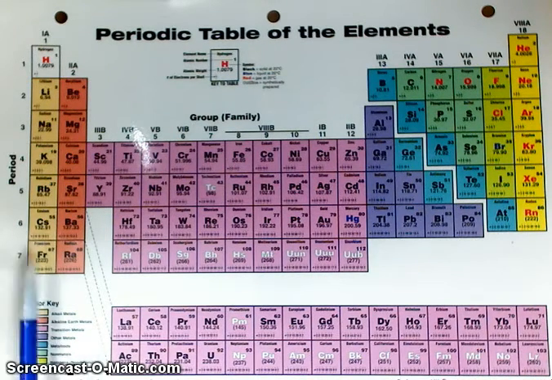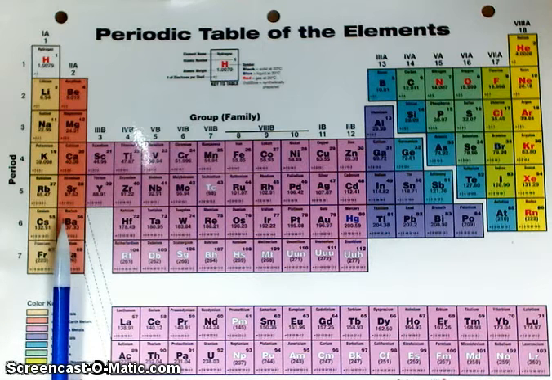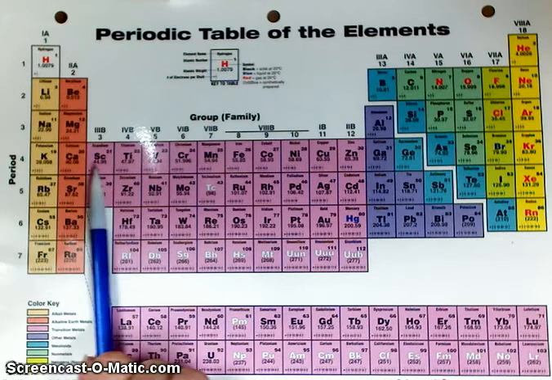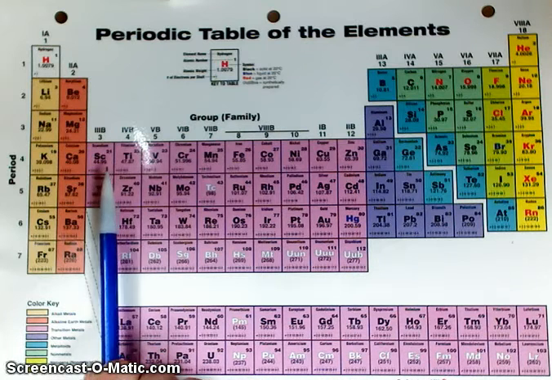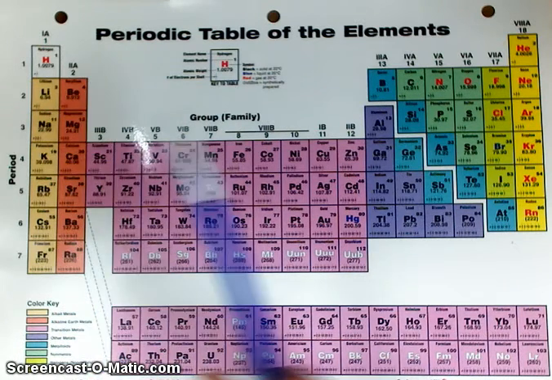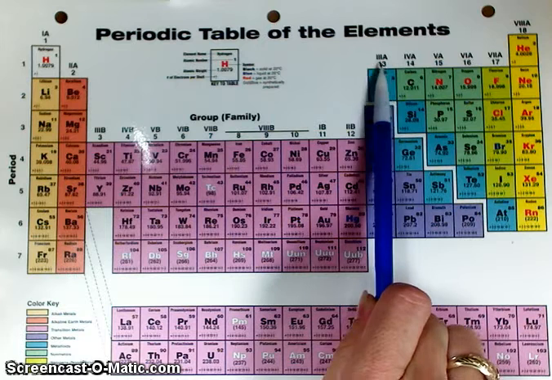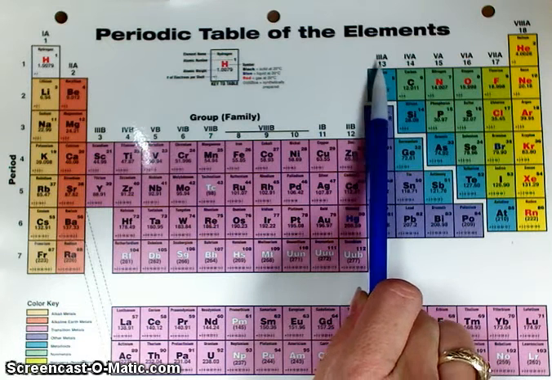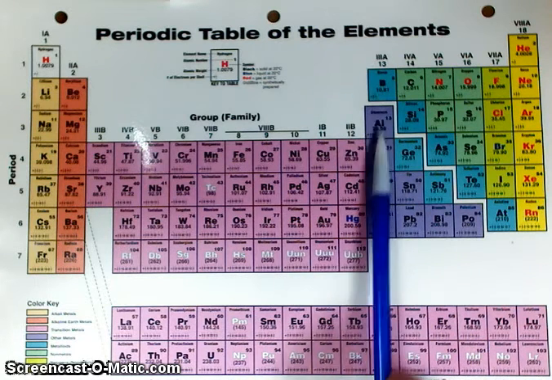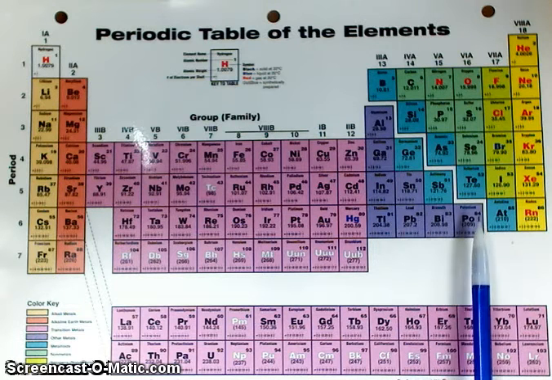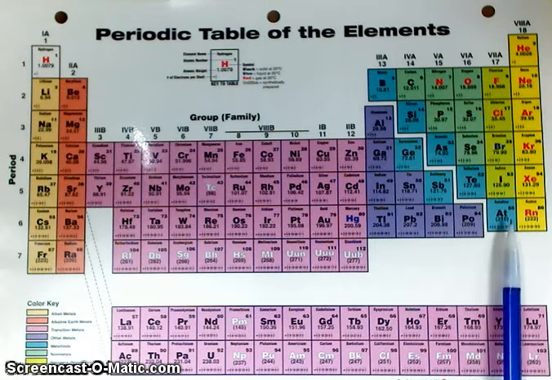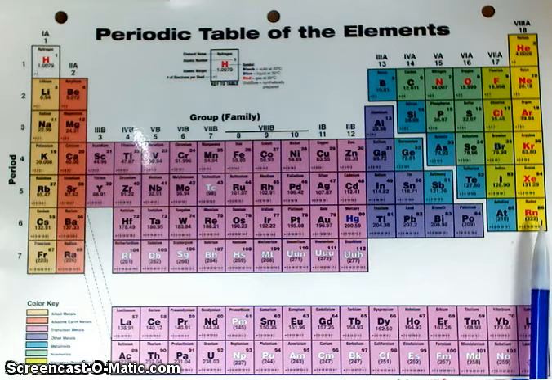So everything in column 1 has 1 valence electron. Everything in column 2 has 2 valence electrons. We're not going to worry about the transition metals because the rules for them are a little bit different. We're only going to worry about the tall columns. Okay, this is column 3A or column 13. It's 3A because everything in this column has 3 valence electrons. Everything in this column has 4 valence electrons, 5 valence electrons, 6 valence electrons, 7 valence electrons, 8 valence electrons,